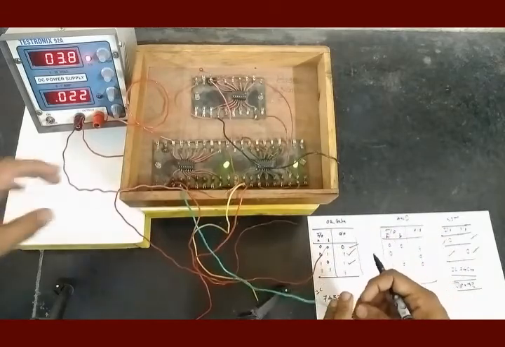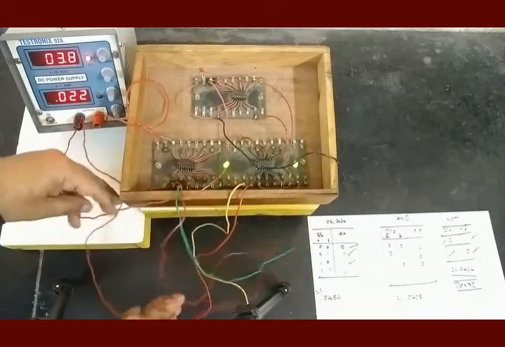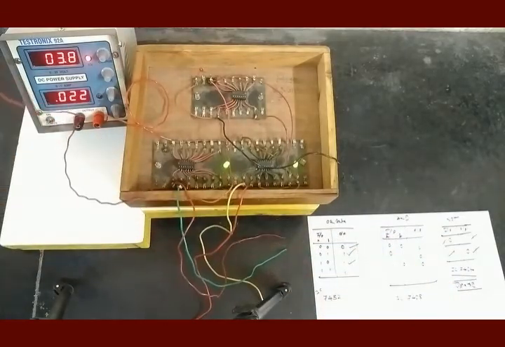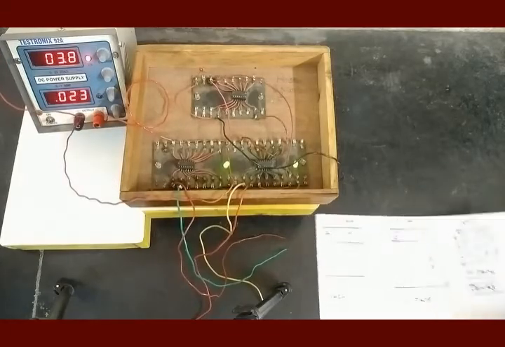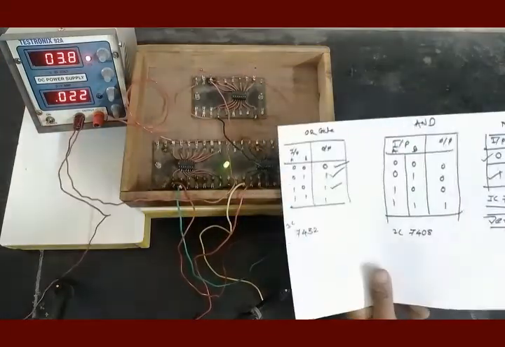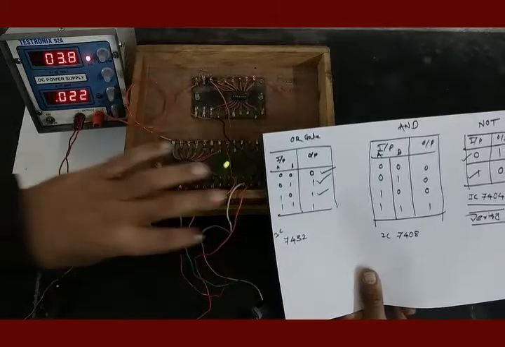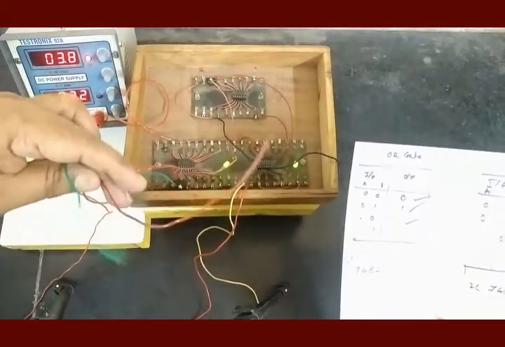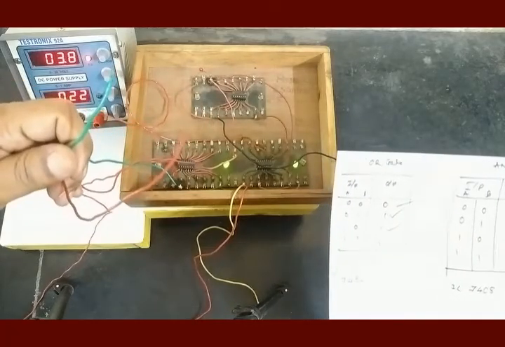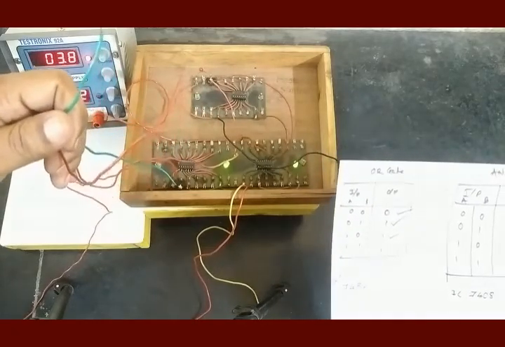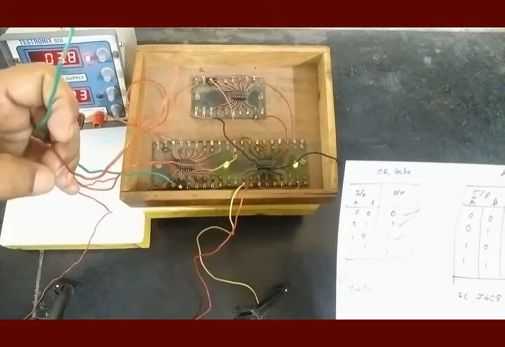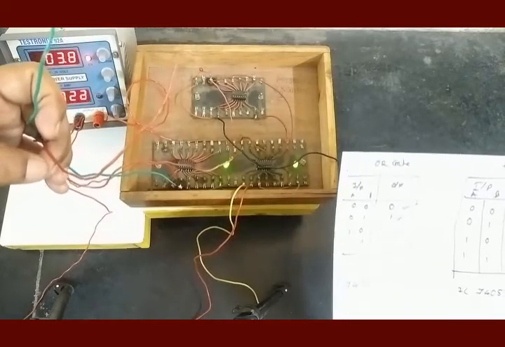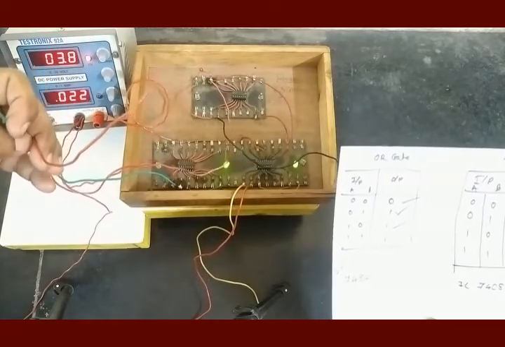And what is left? The last condition. For the last condition, what we have to do? Just take away the 0 wire, don't connect it to either A or B. A and B both are held open. As you see, both are hanging in the air. Input A, input B, both are hanging in the air. It means that these two are open. A and B open, meaning that A is equal to 1, B is equal to 1.